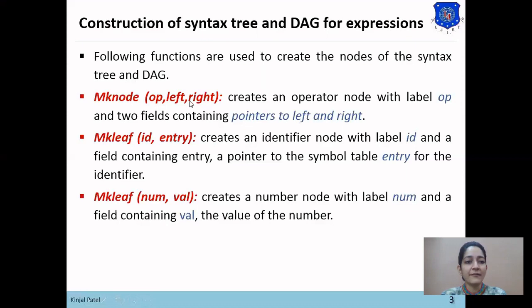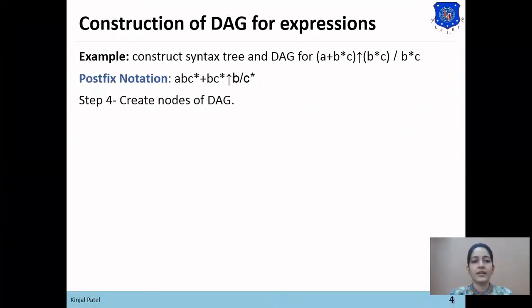So these are the 3 functions used to construct the DAG. Now we want to create the nodes of DAG from the given expression, so for that we need to convert the expression into postfix notation. Here is the postfix notation for the given expression: A B C star plus B C star power B division C star.